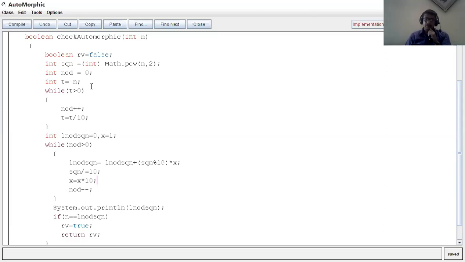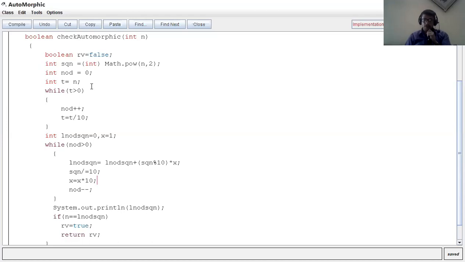If we get 625 from 25, the last two digits are 25. If you get 76, then the 7 and 6 are in the last digits. So these are the numbers which are automorphic.